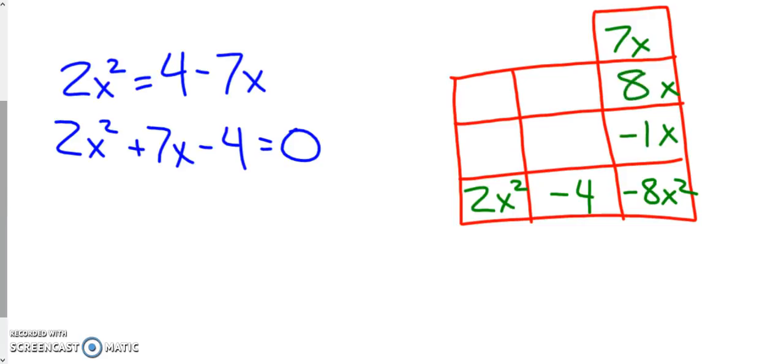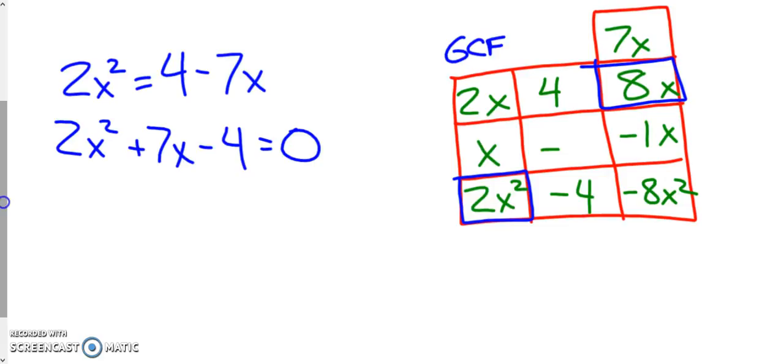It doesn't matter which one goes where, but the two boxes that are in blue, you put their greatest common factor here. What's the greatest common factor between those? 2x. And the rest of it's filled in by multiplication. 2x times 4 is 8x. 2x times x is 2x squared. X times -1 is -1x. And then you do this little butterfly bandage looking thing. And those are your factors. We'll talk more about that